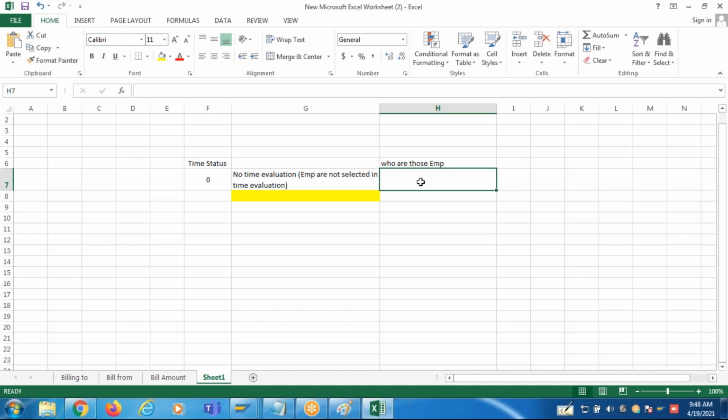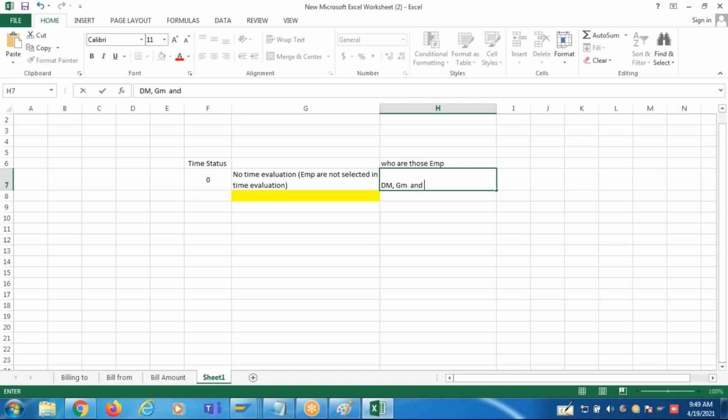Let's say higher level delivery managers and general managers. If we don't have any policies applicable to the employee, such as overtime, incentives, no OT calculation, no late coming, no early outs, in such a case we use this.